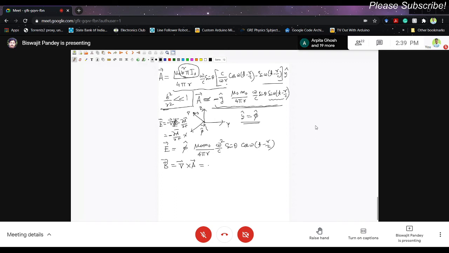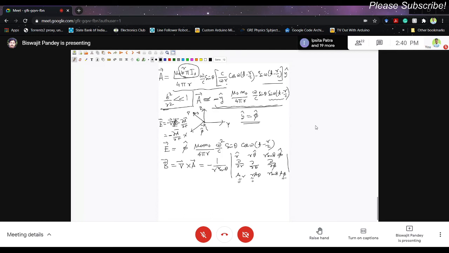Suppose I put this minus sign outside, and then I'm writing the formula: 1 by r square sine theta, then r cap, r theta cap, r sine theta phi cap, and then these are del del r, del del theta, del del phi. These are A_r, r times A_theta, r sin theta times A_phi. These two terms are zero.